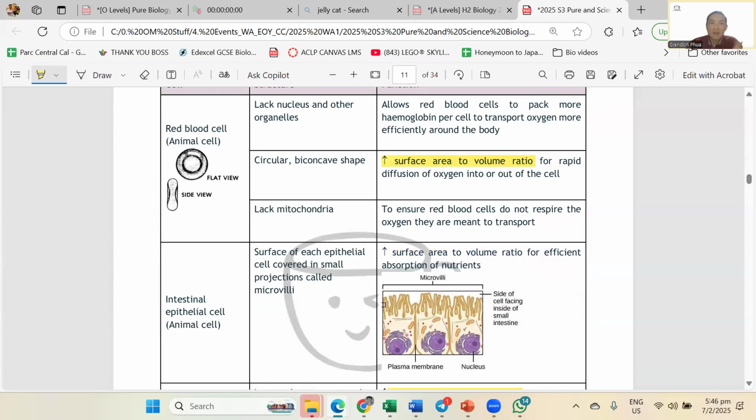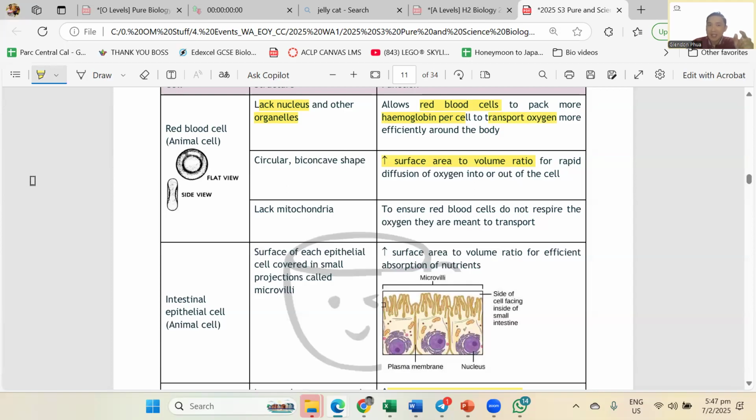All right. Then now red blood cell, this one is kind of like this. You go to school. If I go to shopping mall now, I go to NTUC. They say, hey, you have just won the lucky draw. In 1 minute, whatever you can fit into your bag, you can bring home. Would you bring a bag that has all your homework, calculator, school uniform, track shoe, and iPad? Or will you bring an empty bag? You bring an empty bag, right? To maximize. Same thing. That's why the red blood cell got no organ, got no nucleus and other organelles. Why? So it's empty and it can pack more hemoglobin into it to transport more oxygen. Okay. So hemoglobin is the protein in the red blood cell.